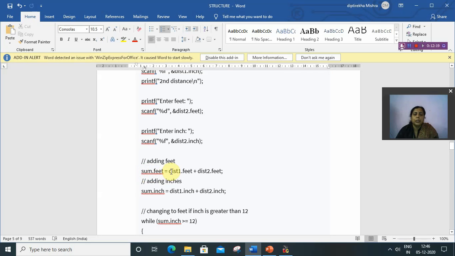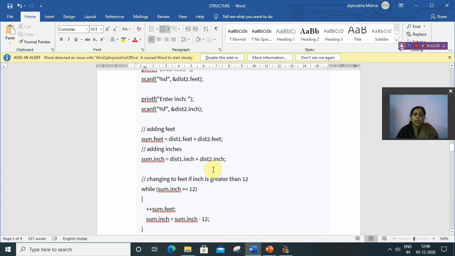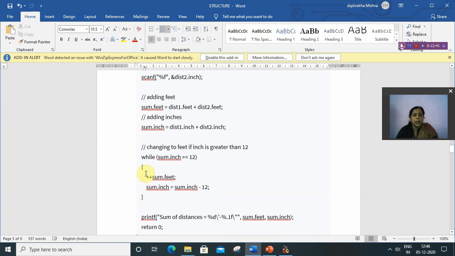And in adding, sum dot feet will be distance 1 feet plus distance 2 feet, and next is sum dot inch, distance 1 dot inch plus distance 2 dot inch. In inch we have to check whether the inch is greater than 12, then it will become feet. So for this we write the logic: while sum dot inch is greater than 12.